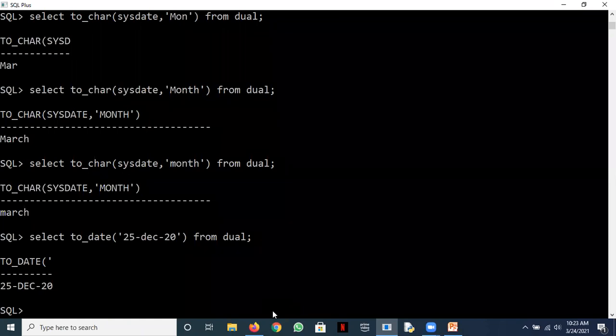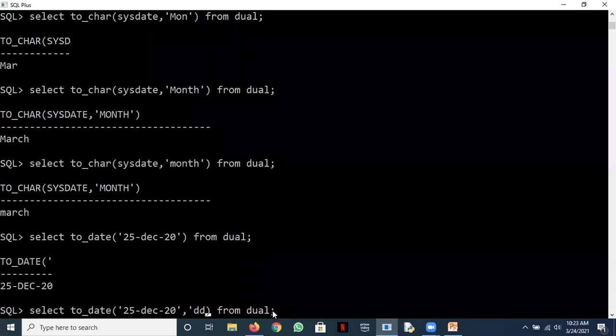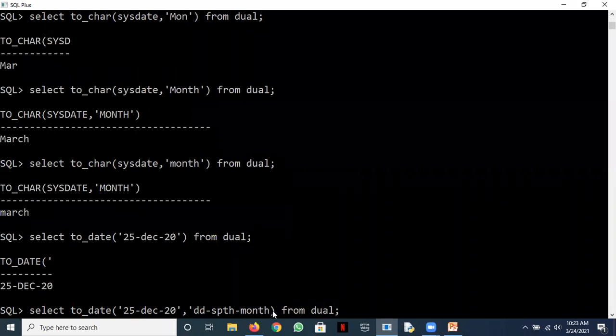Okay, and then you can specify a format also. This is the default, simply you added this one argument. You can make it like this also, to be displayed in, say, DD hyphen SPTH hyphen MONTH hyphen year.